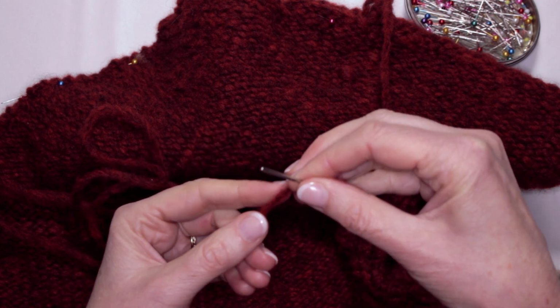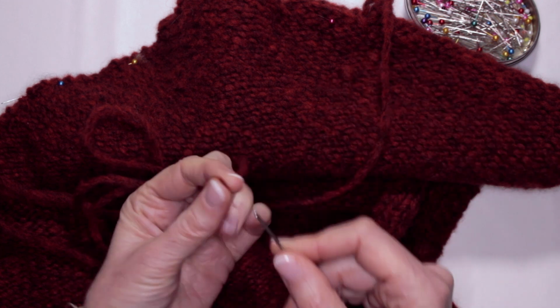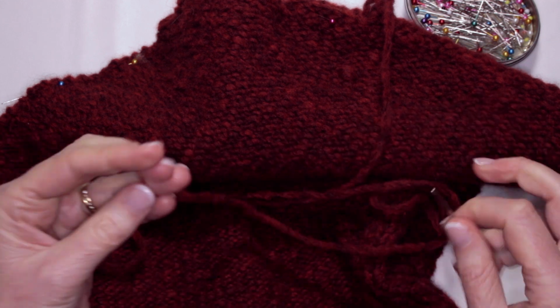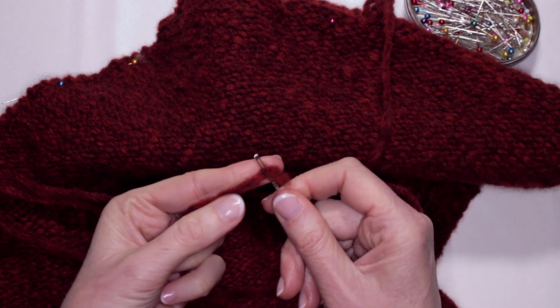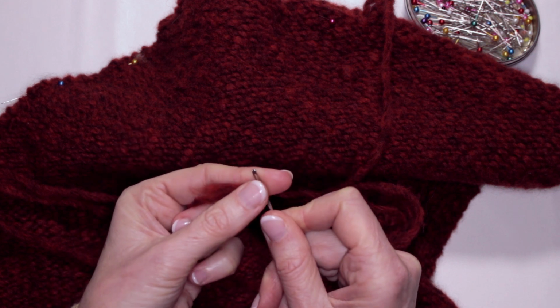Now I get the end like this, I wrap it round so it's a nice sharp edge, and then I put it through like that. That's a very easy way of threading your needle. I'll show you again. I'm just assuming that you've never done any sewing, so I'm just trying to show you everything you need to know. So I just wrap it around